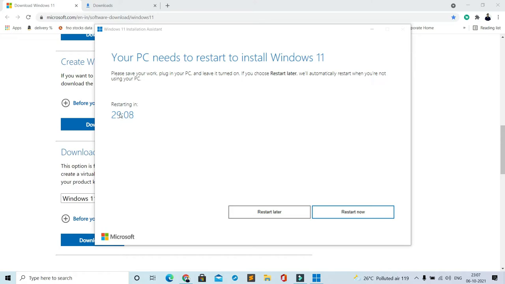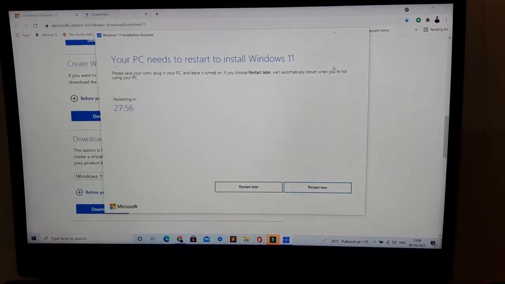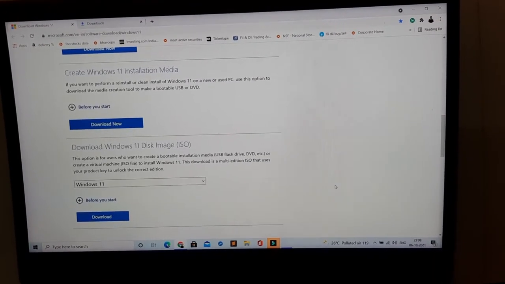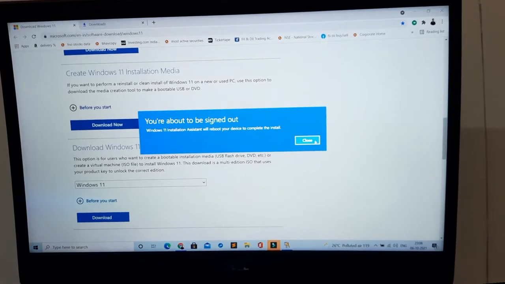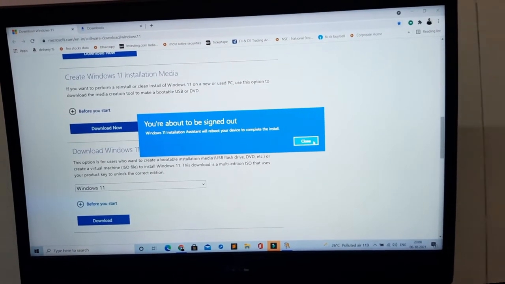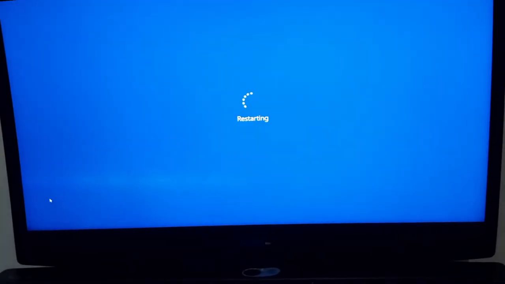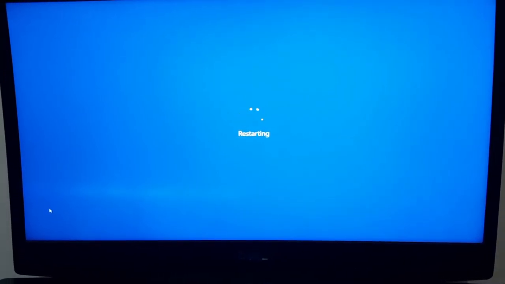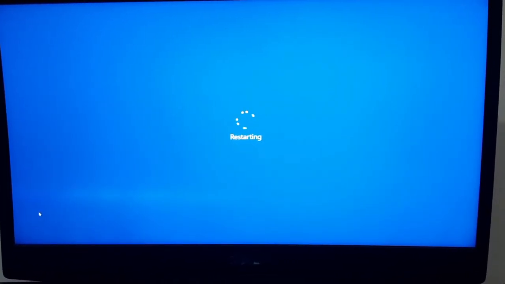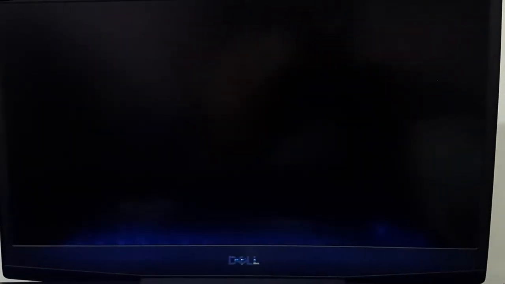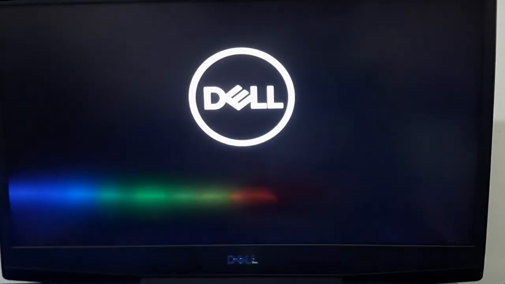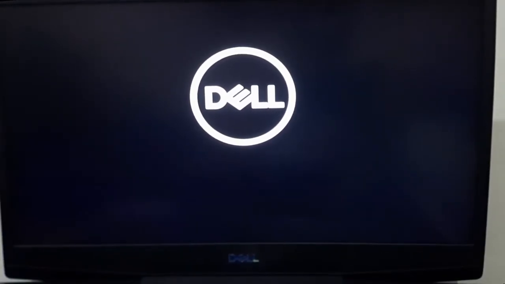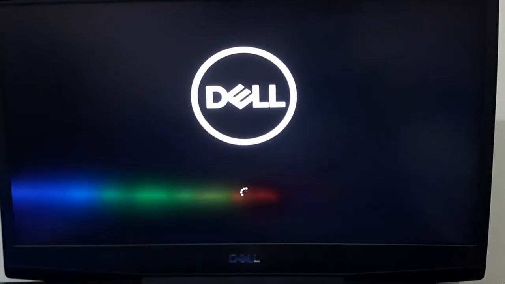Otherwise it will restart in 29 minutes automatically. Click on restart now. It is restarting. You don't need to do anything here.